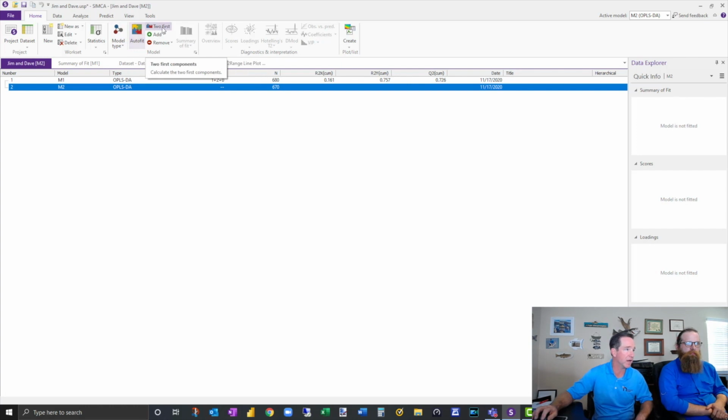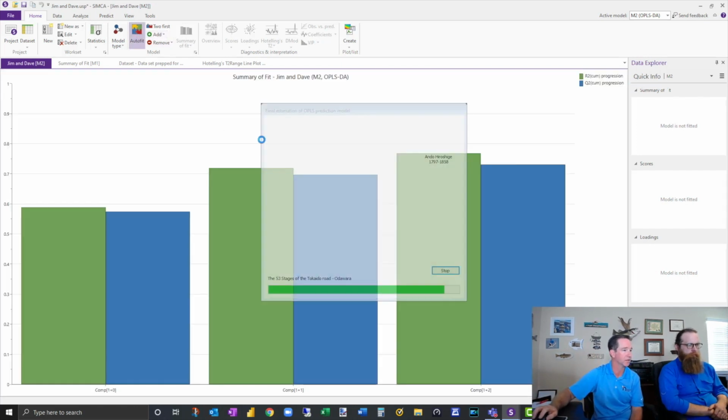Now, I've seen a lot of the SIMCA guys do two components first and then add components. I was taught just to use the auto fit. Where you get into trouble is when you run it and it has 28 components and takes like 10 minutes to run. That means it's really struggling to figure out any kind of relationships. When you see lots and lots of components, it's not going to be a really reliable model.